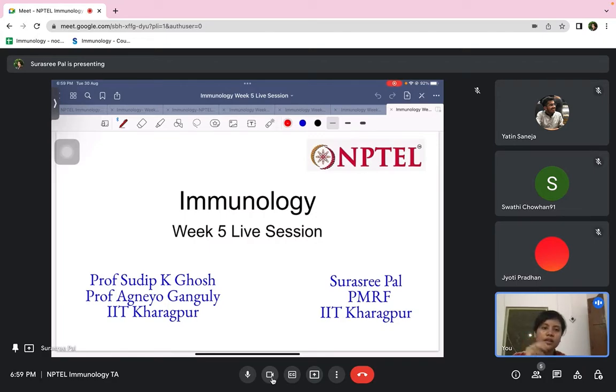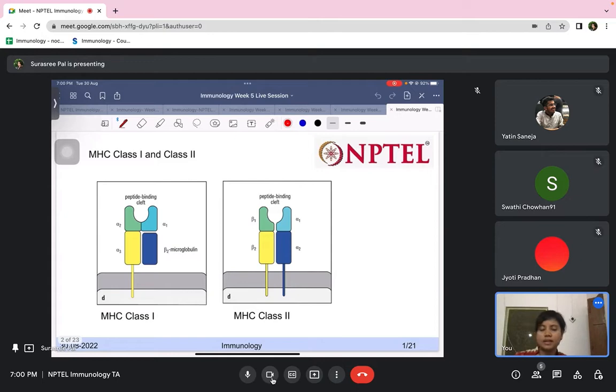And in the previous session many were asking how antigen presentation by MHC molecules occurs. So I tried to discuss a little bit in the last session, but today I will go into some detail about how antigen presentation occurs with the help of these MHC molecules. Now, before going to that, this is the structure of the MHC molecules,